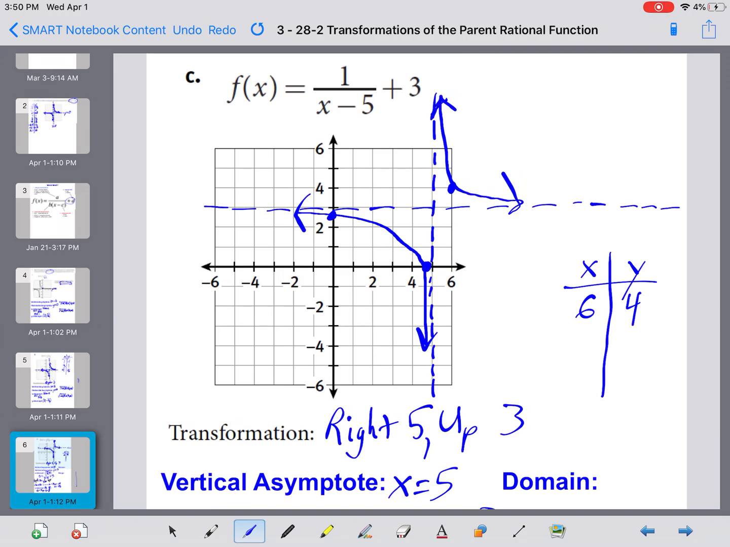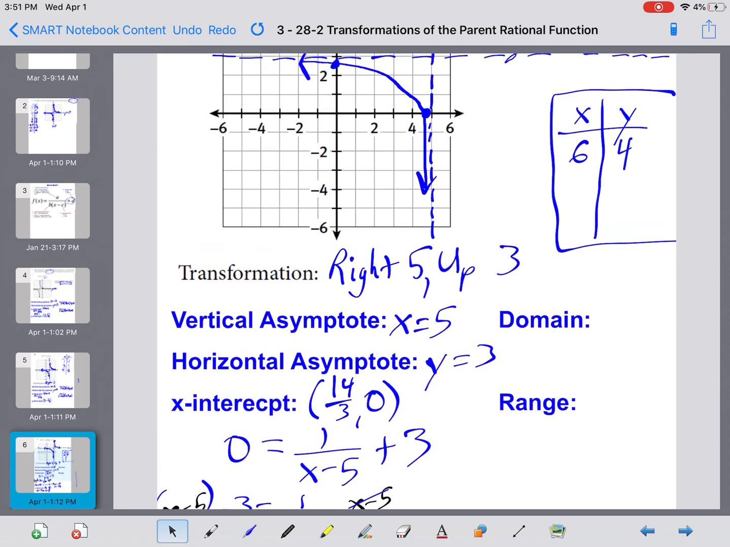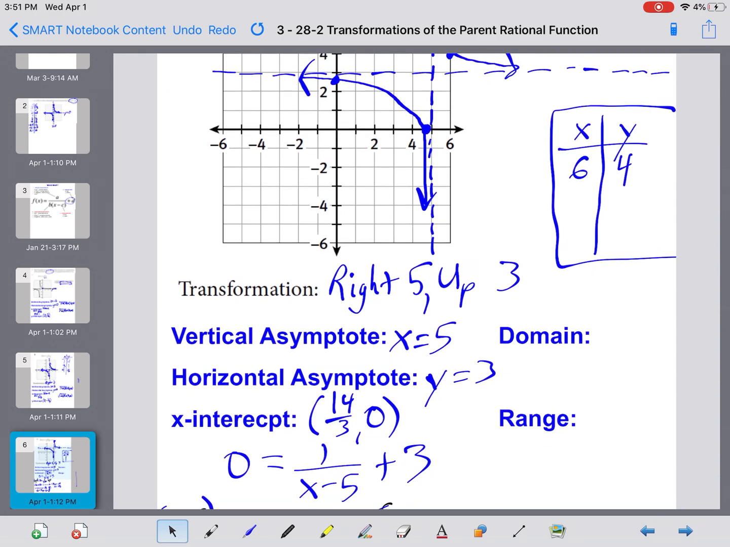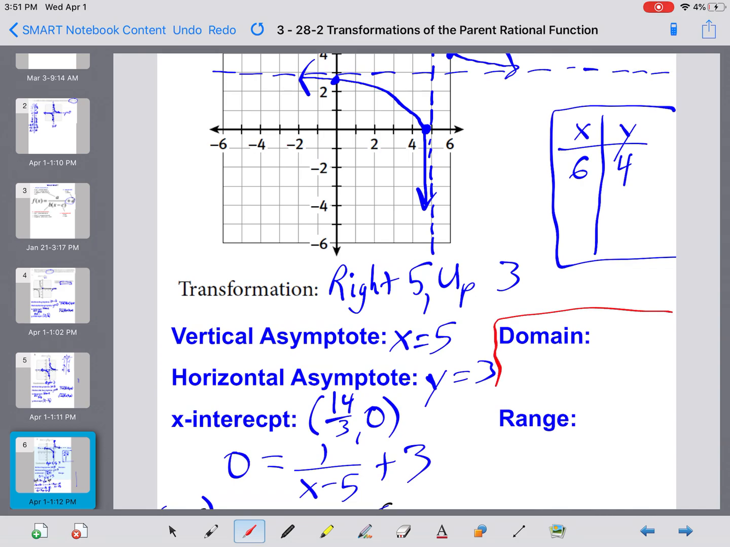All right. So there it is. If you need points, you're going to make a table. Use your vertical asymptotes, use your horizontal asymptotes, use your x and y intercepts to piece everything together. Okay. Domain and range works the same way. I'm going to do it in red here so it kind of stands out. All right. The domain, I have to skip over that vertical asymptote, was from negative infinity to 5, union 5 to infinity,